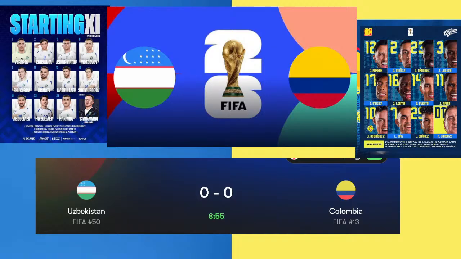And Colombia struggling to get a foothold here in the opening 9 minutes. Good ball between the lines. Uzbekistan come again. This time it's won back by Jefferson Lerma. Lerma had no options short. Colombia do manage to retain possession, and Lerma gets back on it 10 yards inside his own half. He's going to go for the long pass. Nowhere near Luis Diaz though. Ambitious ball from Jefferson Lerma, but was never really on, and it ran away for a throw-in